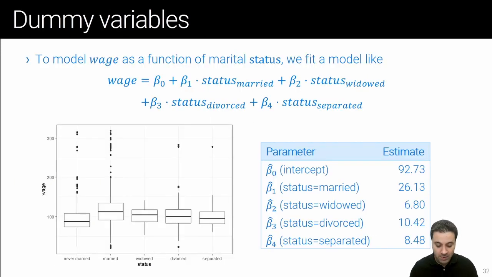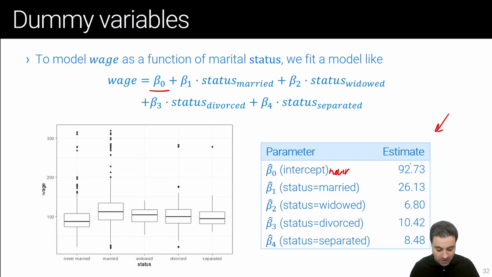What does it look like? Well, again, what we have is a common intercept, beta 0, and then one coefficient and dummy variable for the rest of the levels in the categorical predictor. So we have status married, status widowed, status divorced, status separated. We get our data, we do OLS, we come up with a linear model. These are the coefficients. How do we interpret them? Well, again, it's important that we realize that beta 0 corresponds to one base case. In this case, this is never married. And so this estimate,